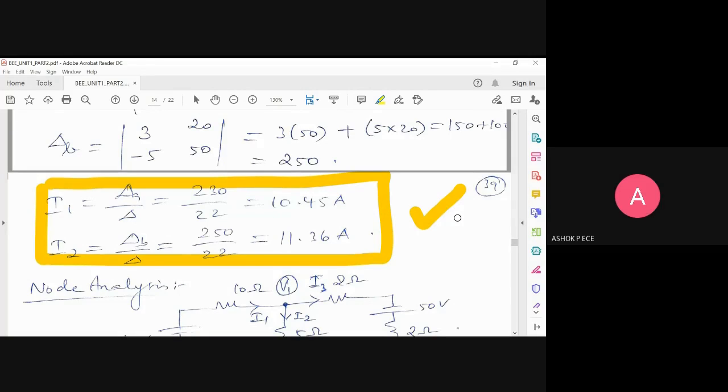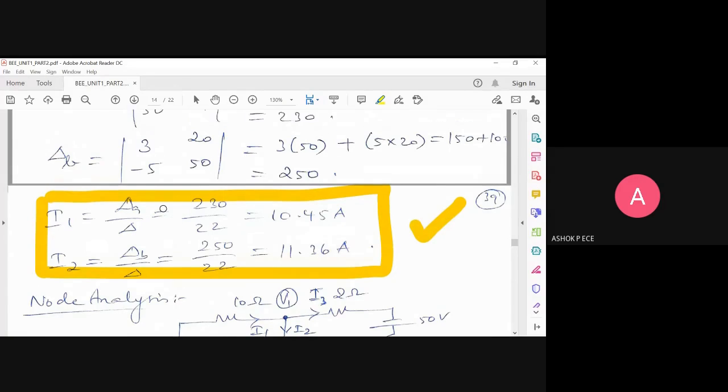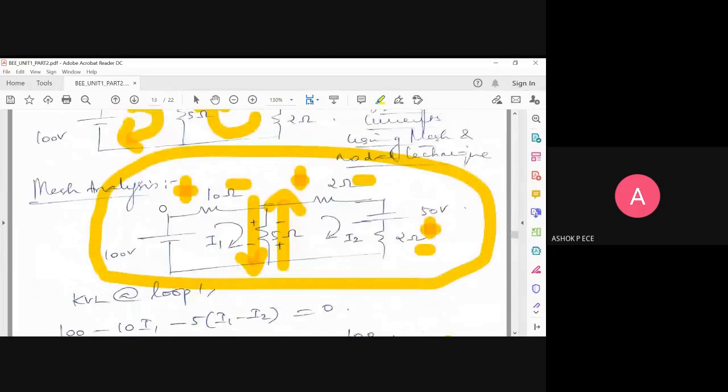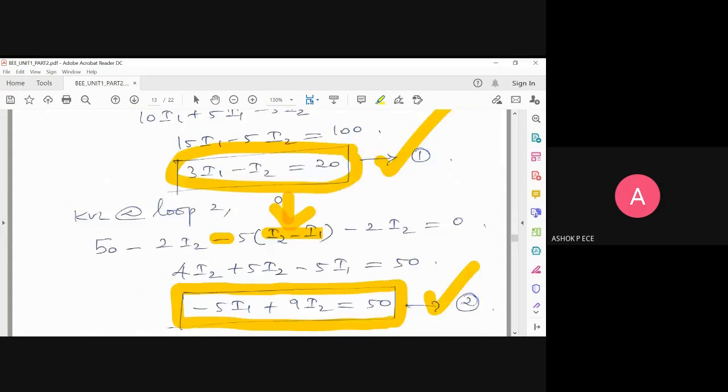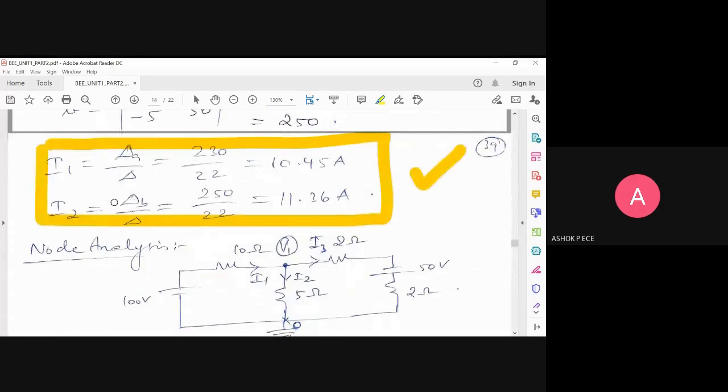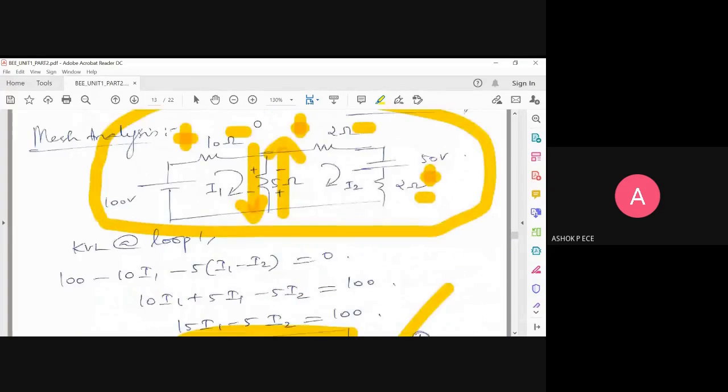So in the 5 ohms, the current effectively flows from bottom to top, and the value is approximately equal to 1 ampere. Approximately 1 ampere of current will flow through the 5 ohm resistor. Actually, when you see it loop-wise, one current will flow from up to down, another current will flow from bottom to top, but effectively when you consider both currents, you have to subtract, and if you subtract, you find I2 is dominant, so the current will flow bottom to top. It will flow from ground towards the upper portion of